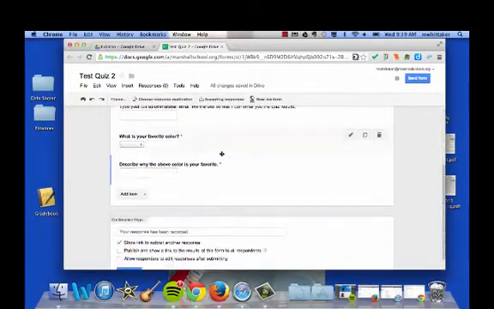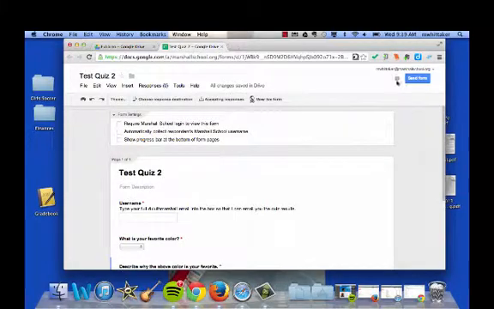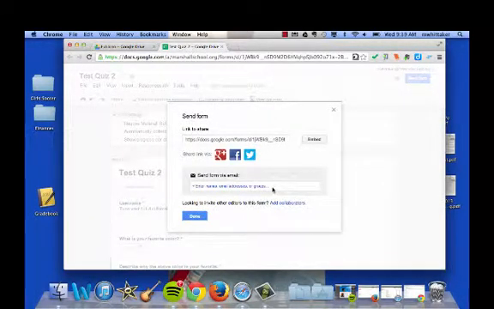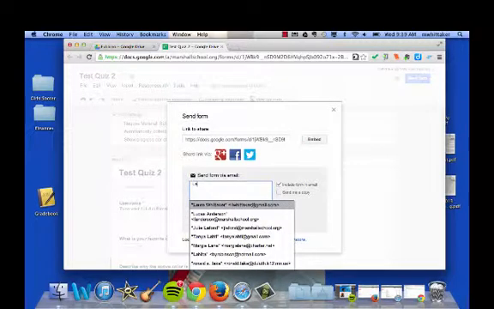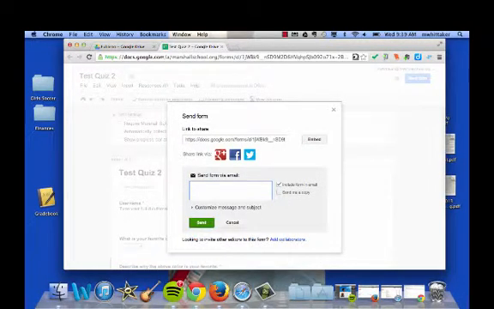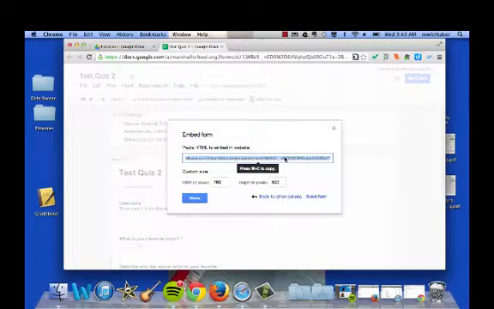Now I've got my quiz here and I have a few options. One, I can add in a group, so I could potentially email it to whoever I'm looking for. I could also email out the link by copying here, going into my contacts and sending it to the group, or I could use this embed code, and actually if I want to shrink it down to fit on my website,